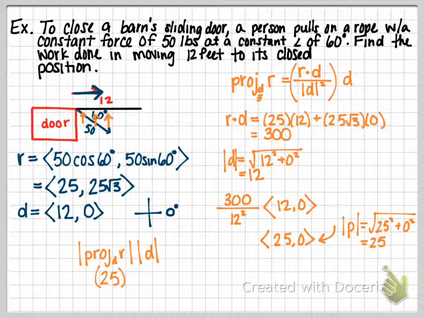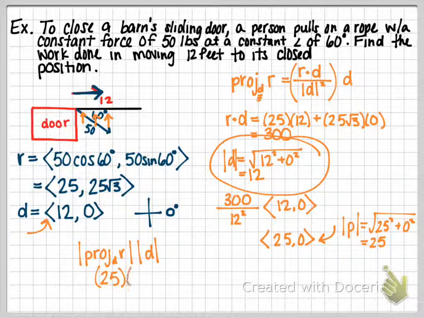And then I have the magnitude of my door vector. Here's my door vector, that 12, 0. His magnitude is going to be 12, and I think we found that earlier, didn't we? Yeah, there he is. We don't have to do it again. So to get our final amount of work, we're going to take 25 times 12, and we are going to end up with 300. And apparently it's called 300 foot-pounds, which makes sense